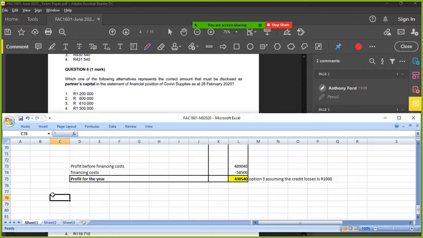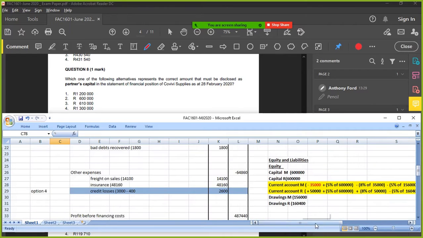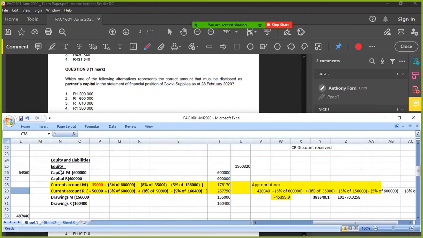All right, number 8. Which of the following represents the correct amount that was to disclose as the partner's capital? Okay, go to your statements. Partner's capital would be both of them. So you would add the 2. So 6 and 6 is 1.2, option 1. Okay, so obviously disclosure is for both